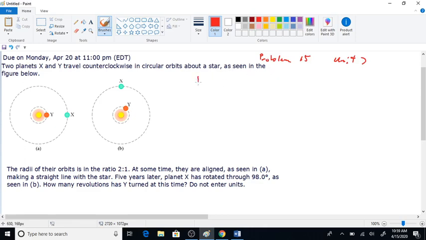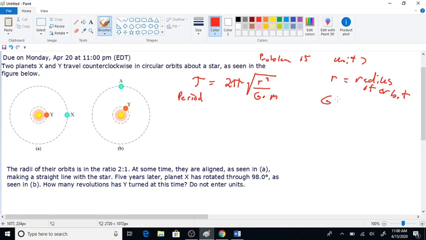We have a formula for the period. T stands for the period of the orbit, and the formula is 2 pi times the square root of r cubed over G times M. What the heck are these variables? R is the radius of the circular orbit. G is a gravitational constant,